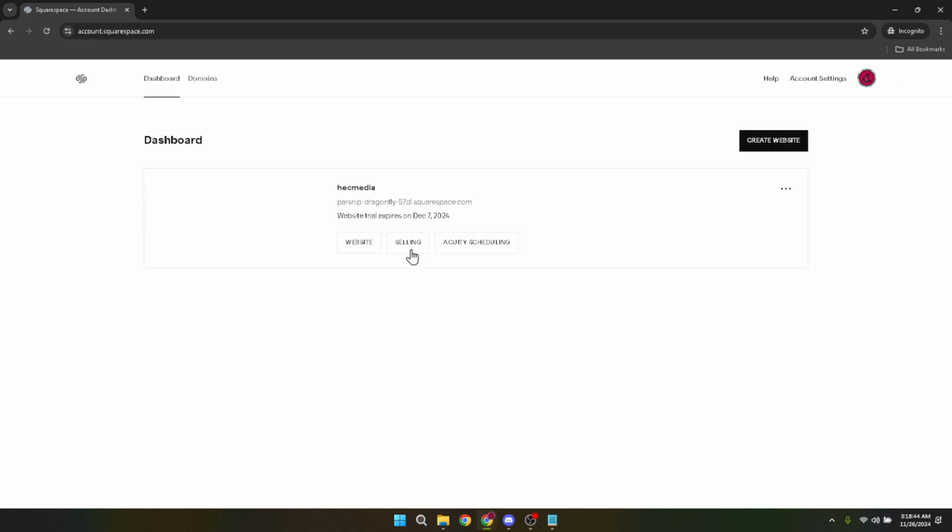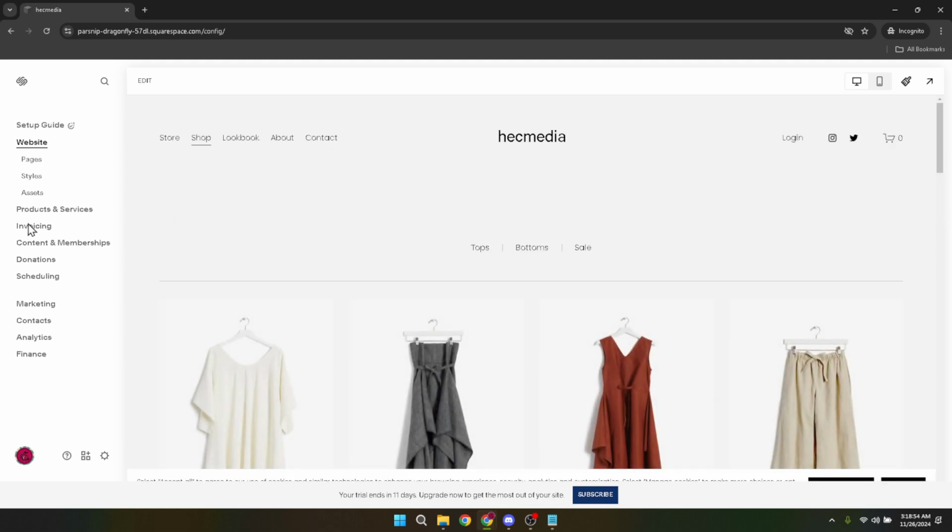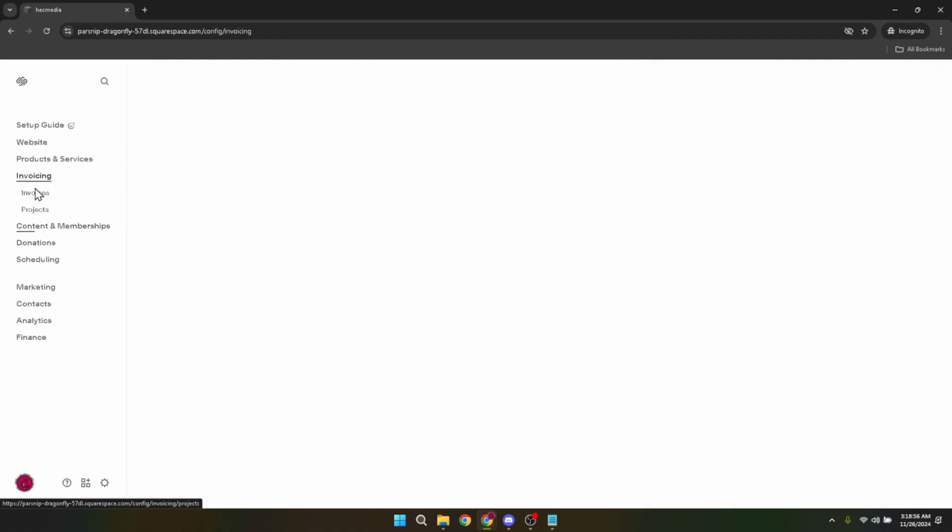Now, navigate to the invoicing section. You can find this option either in the sidebar menu or by using the search function available on the dashboard. Squarespace's menu is quite intuitive, so locating the invoicing section should be a breeze. Once in the invoicing section, you are ready to create a new invoice. Look for the Create button. It's typically located towards the top of the page. Upon clicking this button, you'll be given a few options. Choose Invoice to start crafting your invoice.